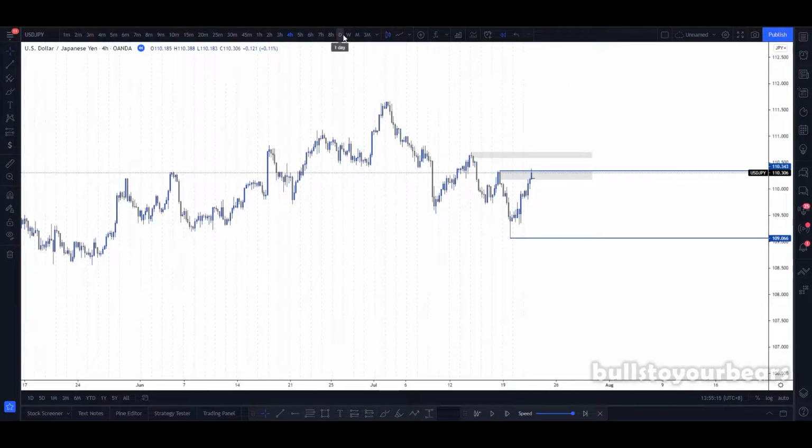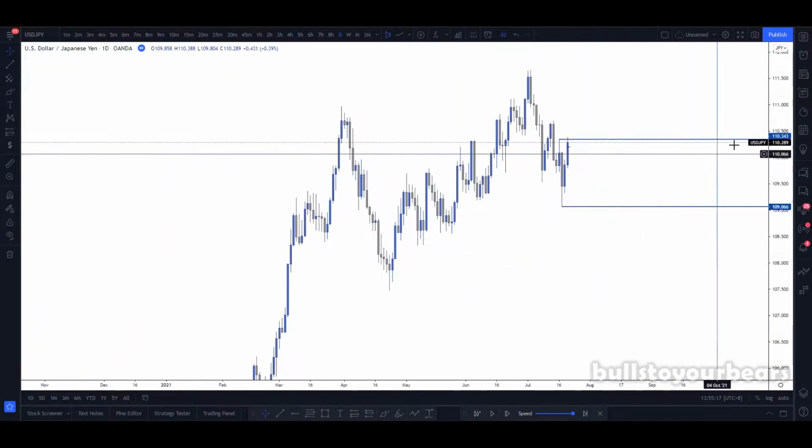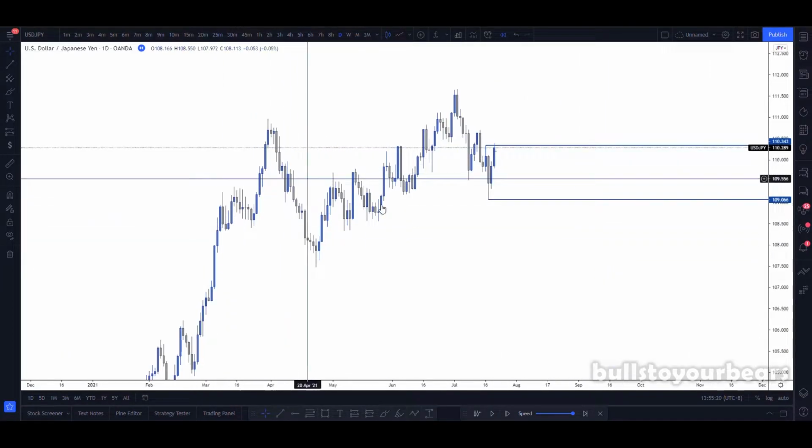I actually caught a pretty decent trade. I'm not sure, I can't remember how many R I took, but yeah, we're going to go through it. So anyway,